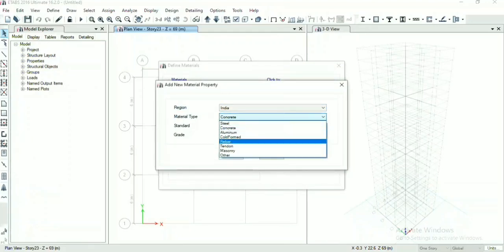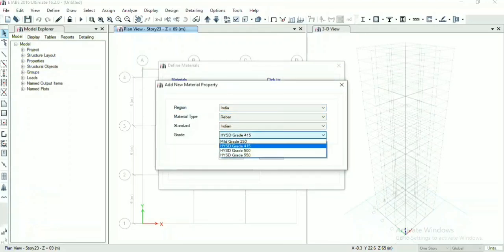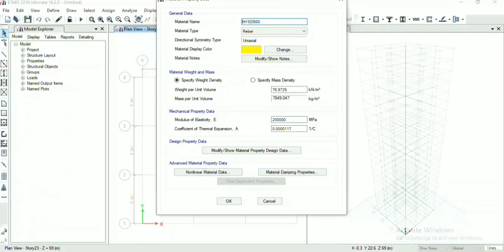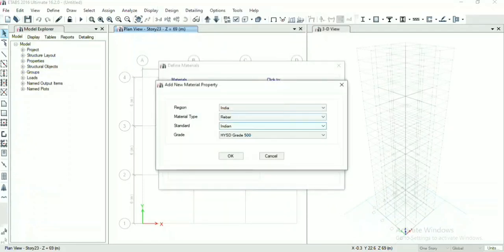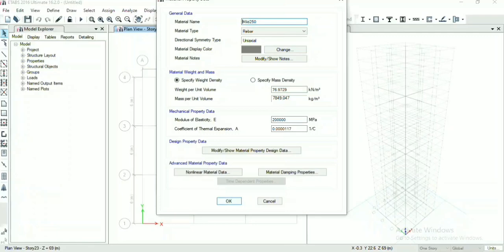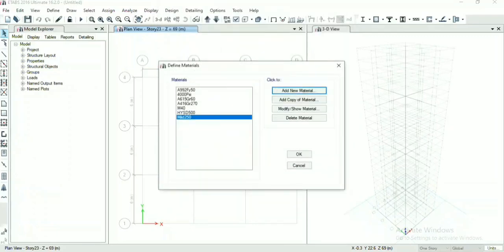Now we take rebar, which is of HYSD grade 500. Click on OK, OK again. Add new material again. Now we take mild steel 250. Click on OK and OK again. Now three materials are defined. Click on OK.